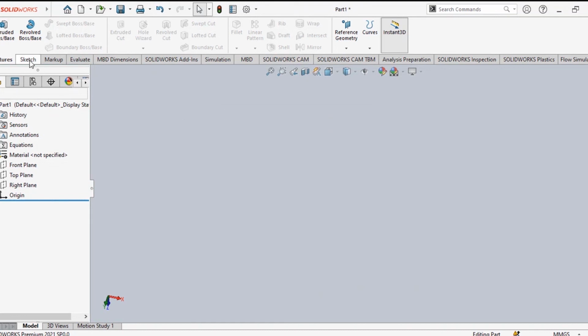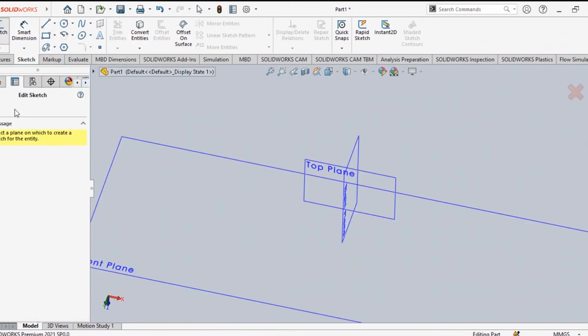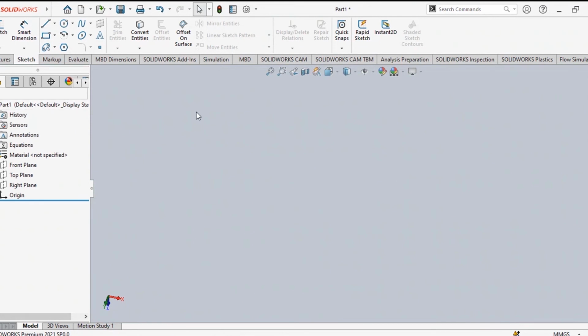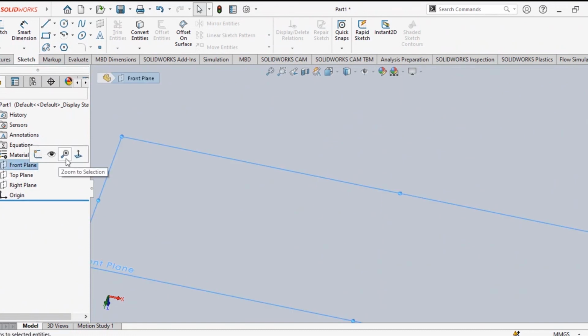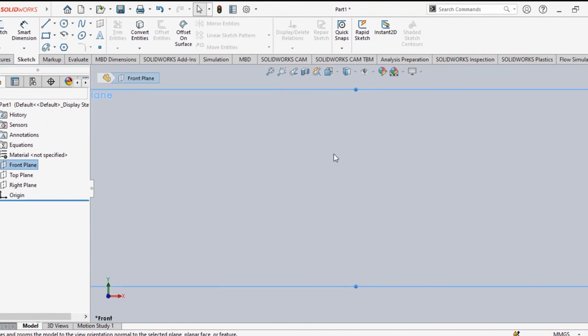So for showing the features, we'll do one thing. Suppose I'll show one simple model with a sketch, starting with a center line. It is better to show everything with a specific drawing. When you are drawing any kind of sketch, first you have to select the sketch, and before that you have to select the plane on which you are drawing. Suppose you are making that object on the front plane. Select the front plane and normal to. On the plane only you will draw.